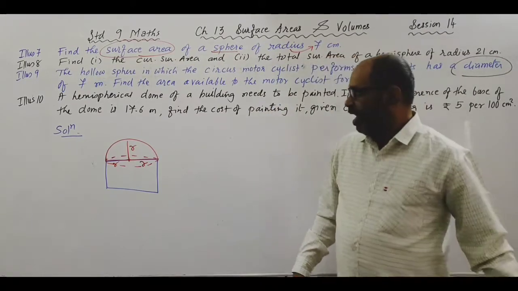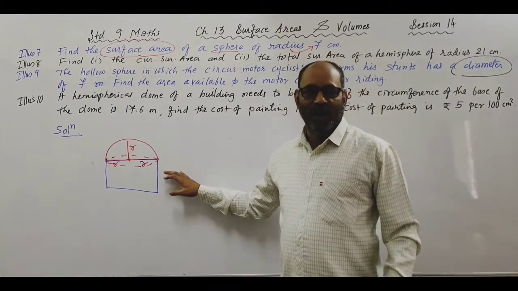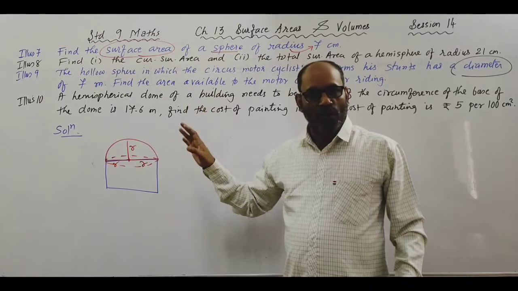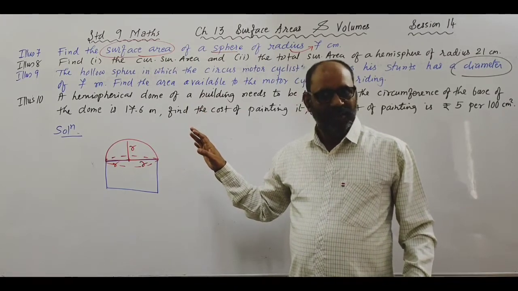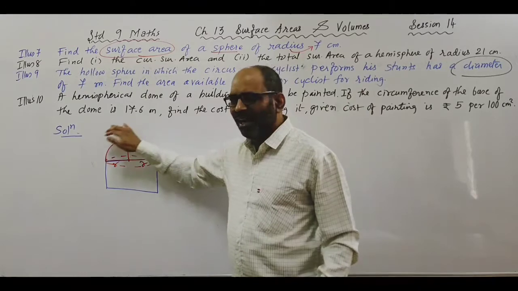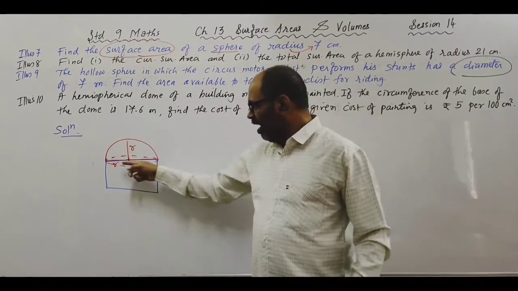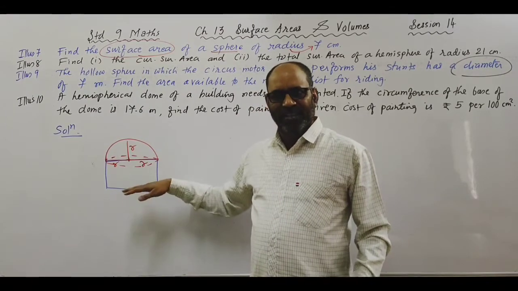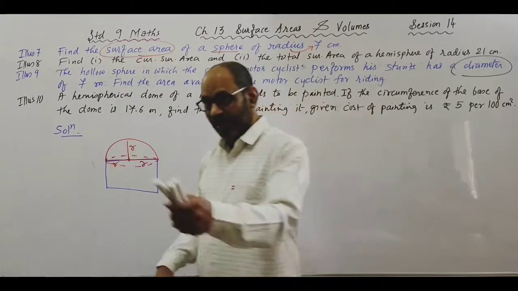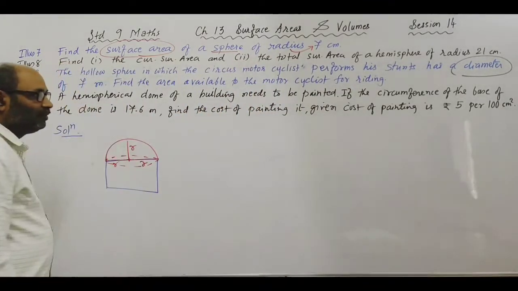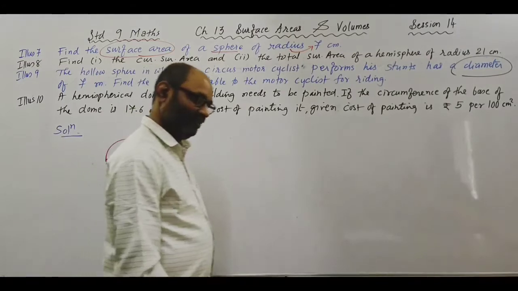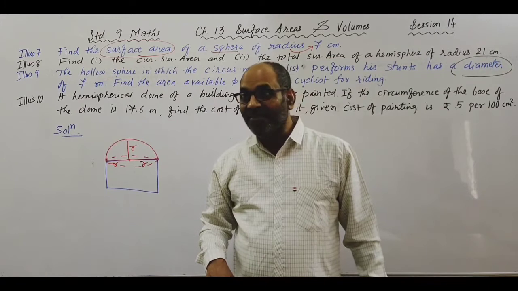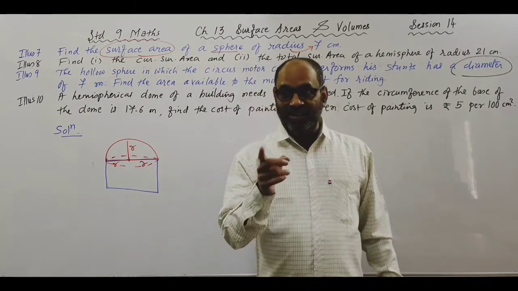Anyways, the first statement informs us that there is a dome on the top of the building, and this dome has to be painted. क्या पेंट करेंगे? उसकी सिर्फ बहुत क्योंकि ये नीचे का भाग तो आगे जॉइंट है, फिक्स्ड है. देखते हैं, आगे बढ़ते हैं. Yes. If the circumference of the base of the dome is 17.6 meters. There is a twist in the question. Circumference is given, not radius or diameter.